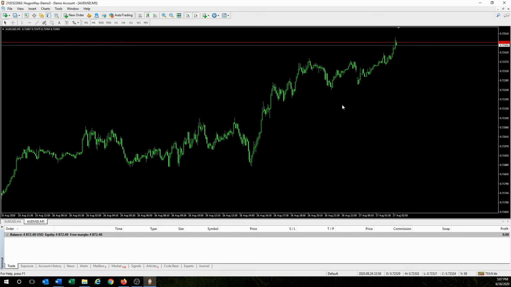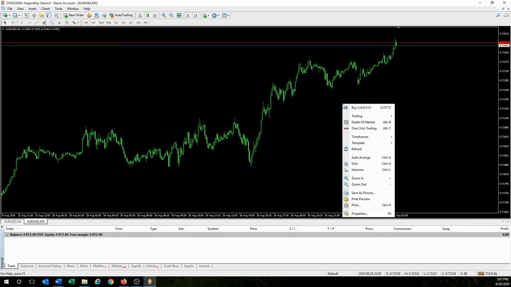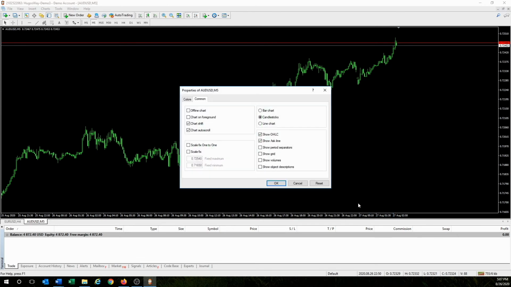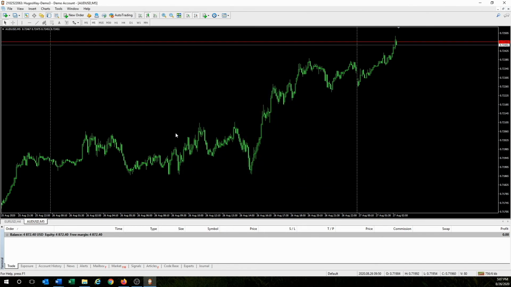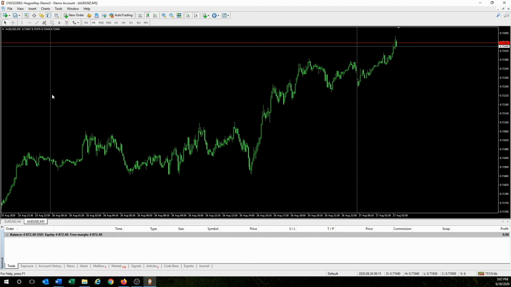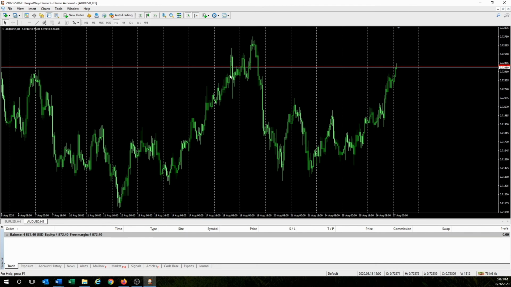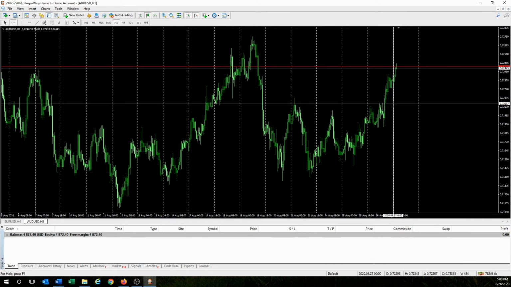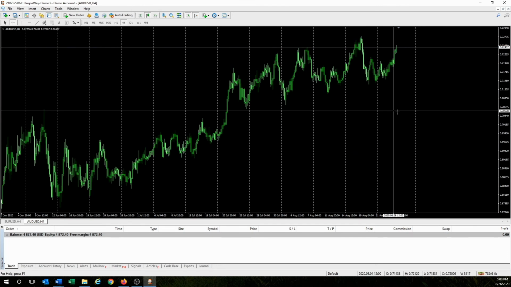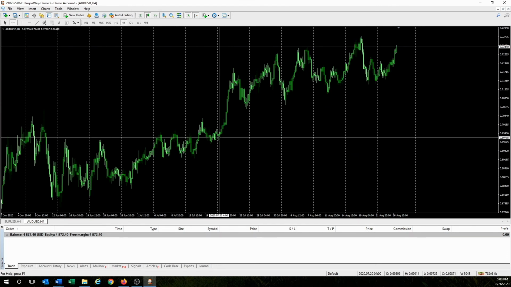Okay, so the next thing I want to show you is I don't recommend you keep this on your chart because it's going to clutter your charts. But if you right click on your charts and go to properties and go to show period separator. So this actually shows you when the new day starts. So right here, new day, here, new day. So if we go to the 1 hour chart, you can see it starts cluttering up your charts, right? So this is why I say you don't want to really have them open, because say if you're looking at your 4 hour chart, it just adds more clutter to your charts.